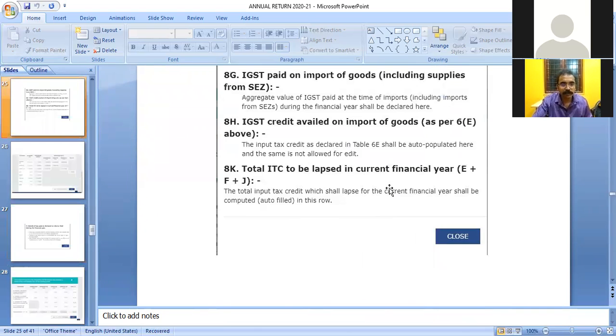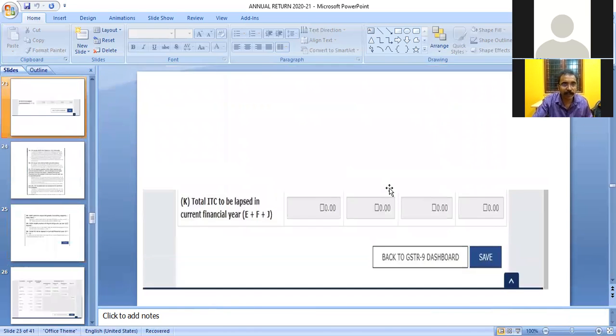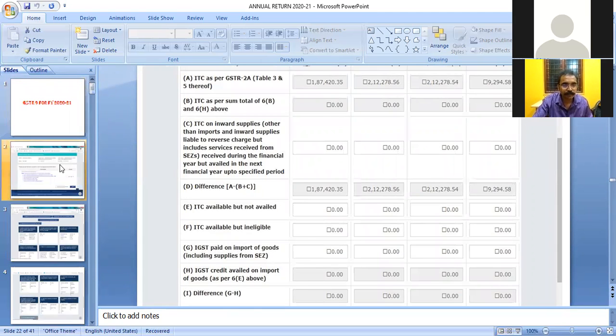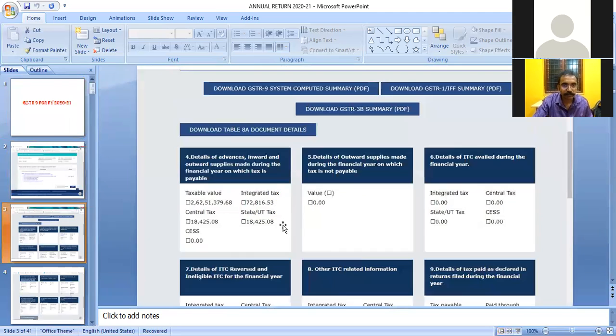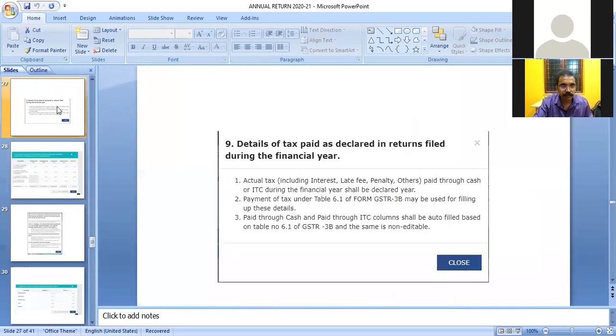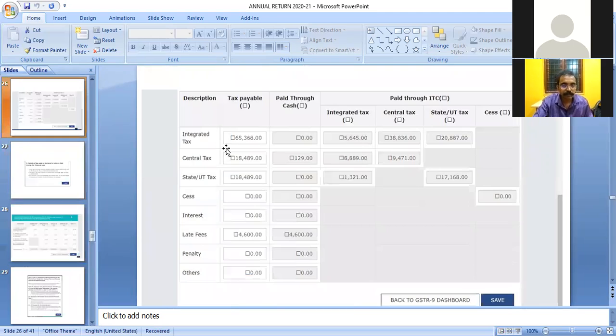After table 8 comes table 9. Table 9 is details of tax paid as declared in returns filed during the financial year. Here in table 9, the tax payable is auto-populated and cannot be edited.